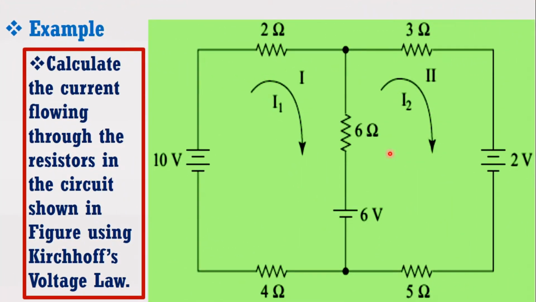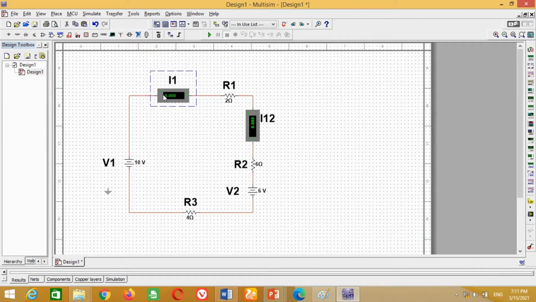Look at the figure again. Now we have to design the second loop of the circuit. The second loop consists of 2 resistors and 1 battery. However, before doing this, we have to connect an ammeter again at this point to measure the current I2 in the second loop. Therefore, copy this ammeter and paste it here.